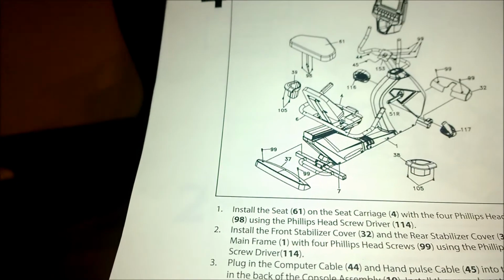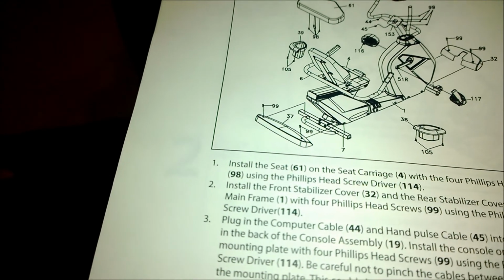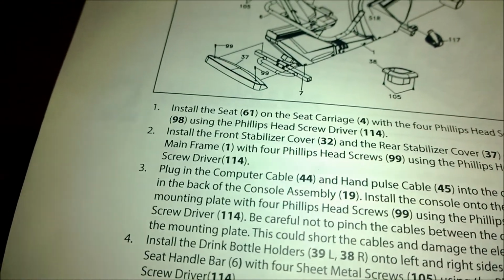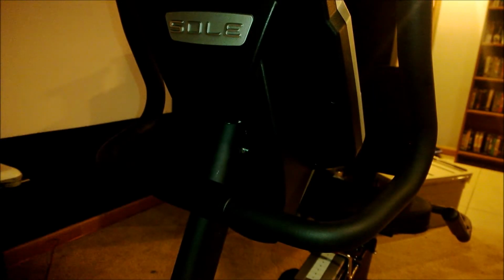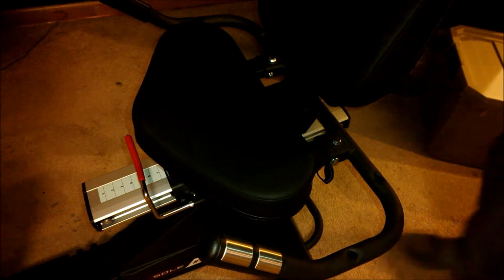Okay, next step. Install the drink holders, 38 left and 38 right, onto the left and right sides of the seat handlebar with 4 sheet metal screws using the Phillips head screwdriver. Well, drink holder 1, drink holder 2, and 4 sheet metal screws. Alright, let's see if we can figure this out now. Alright, so presumably